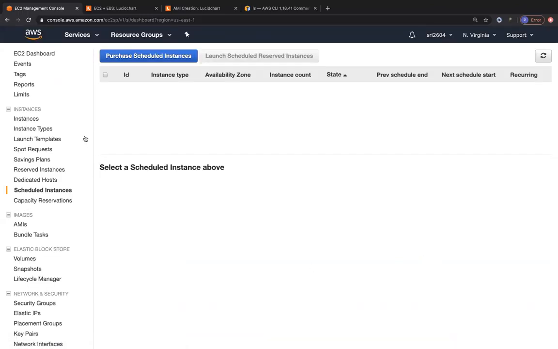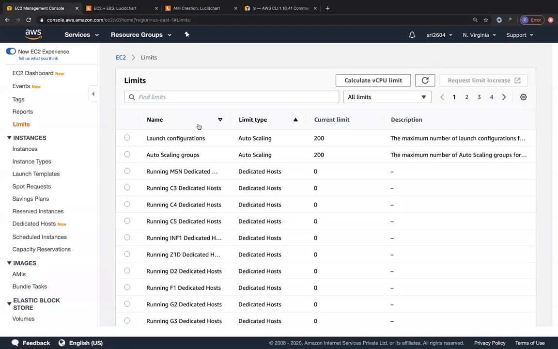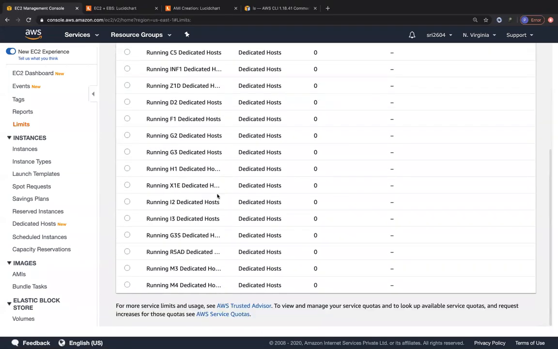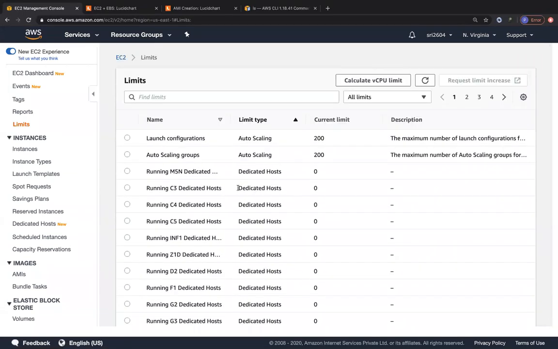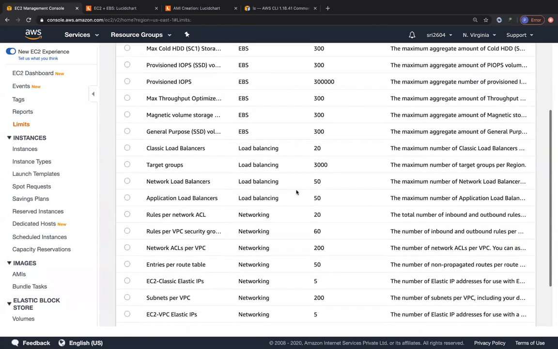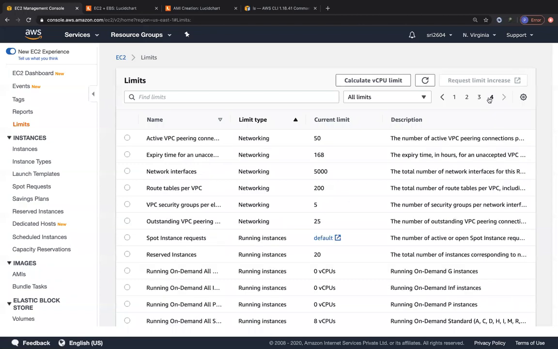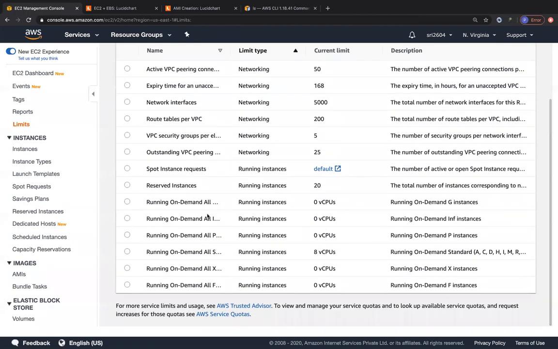And then one more thing that I would like you to note is regarding your limits. Limits are very, very important when you're working with the AWS infrastructure. So you can see over here, we have limits for some big instances and dedicated hosts as 0, which we can't create. And then when we go towards some instances like probably the T2 micro instances and so on, we have some other service limits for that. So let's just see regarding T2 micro.